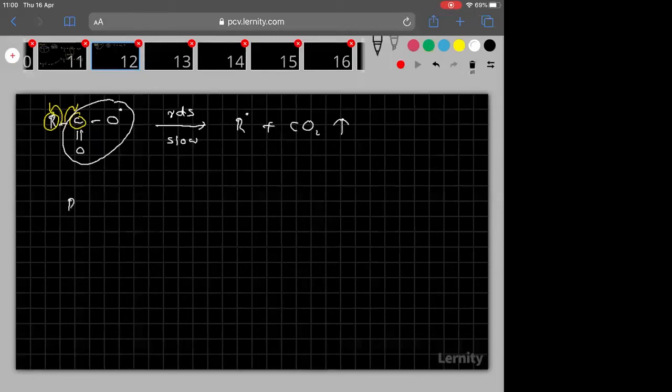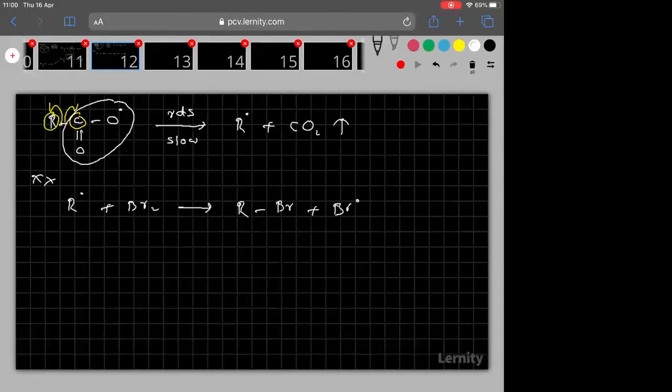The R dot which is formed here will combine with bromine. That is the reason why in this reaction bromine should be taken in excess. If bromine is not taken in excess, this step will not happen. The step which I'm going to write here will not happen. So that is the reason why in Hell-Volhard-Zelinsky reaction bromine should be taken in excess. Then RBr is formed plus Br dot. Please be clear about this point.